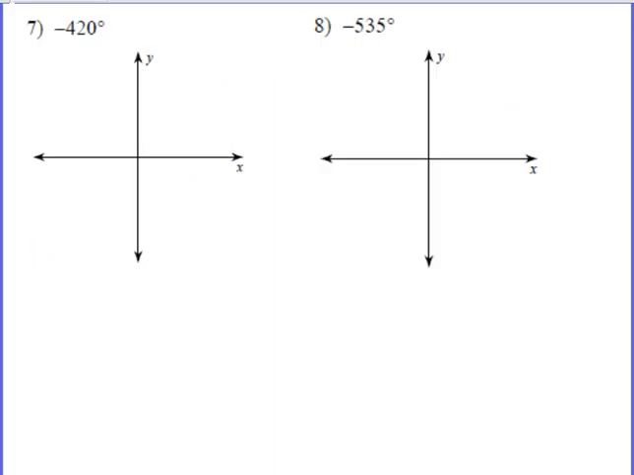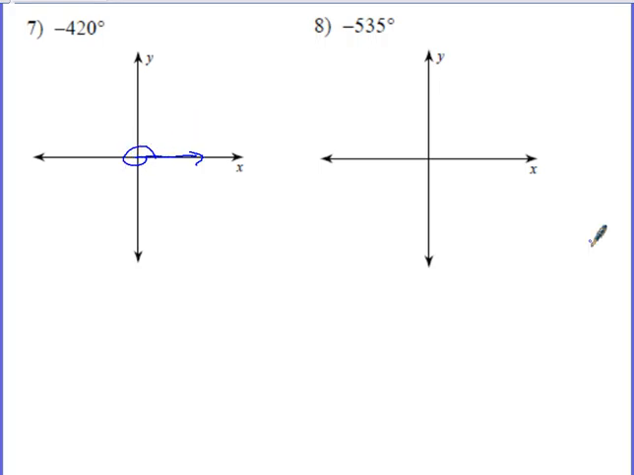Okay, then we're going to skip down to example 7. This time you are asked to draw an angle that has a measurement of negative 420 degrees. So, again, I know that the positive x-axis is going to be my initial side. And then I have to go negative, so I'm going to go down